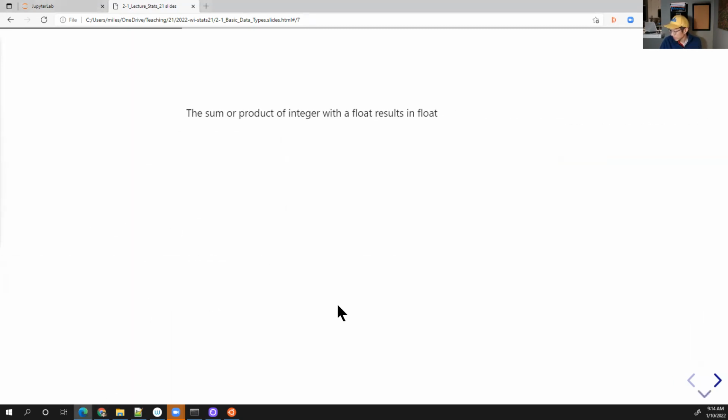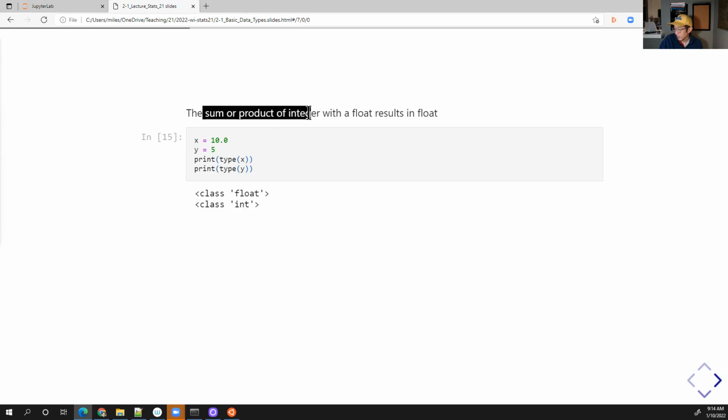Okay. So when you start mixing these things, now x is 10.0, it's a float. Y is 5, it's an integer. If you add or multiply integers and floats together, the result is always going to be a float. Because you can think of a float as a less restrictive type than an integer, since floats include pretty much all integers, but also allow for